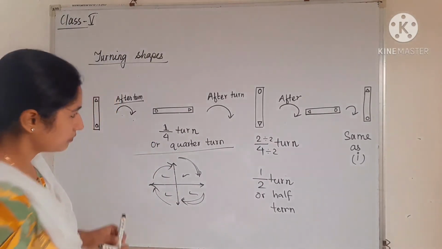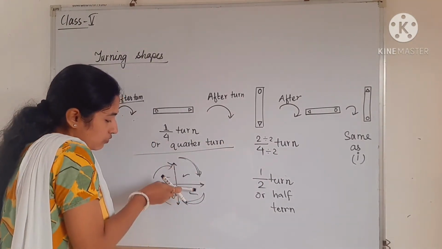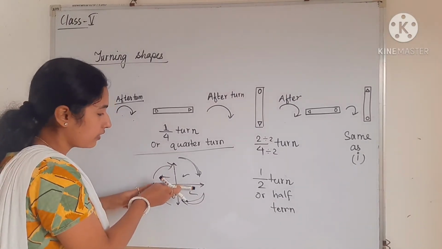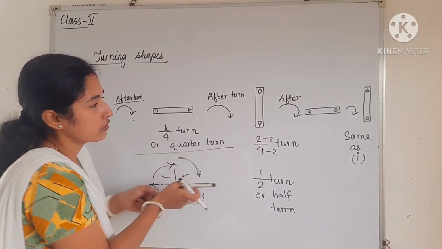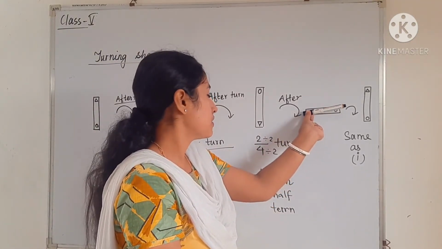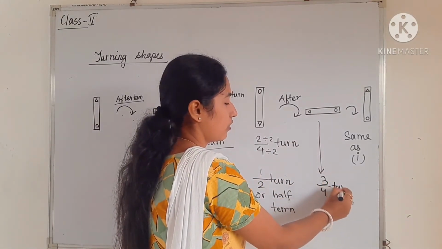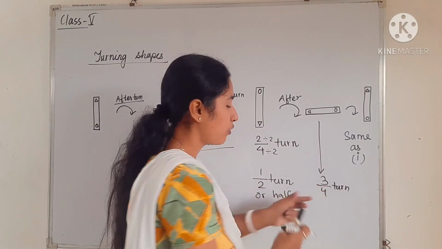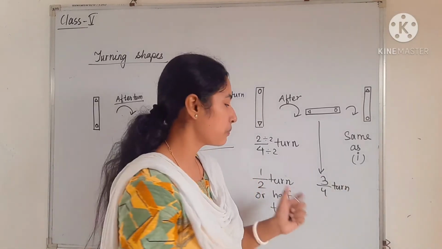Now this object is like this. Now after turning, this will come in this position. Triangle will be placed here and the circle will be placed here. So see, this is the object. So this is 3/4 turn. Because we are turning out of 4, we are turning how many? Yes, we have covered 3 turns. This is very simple.